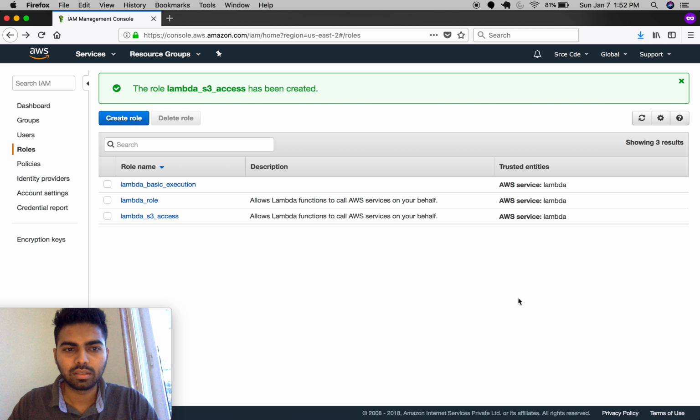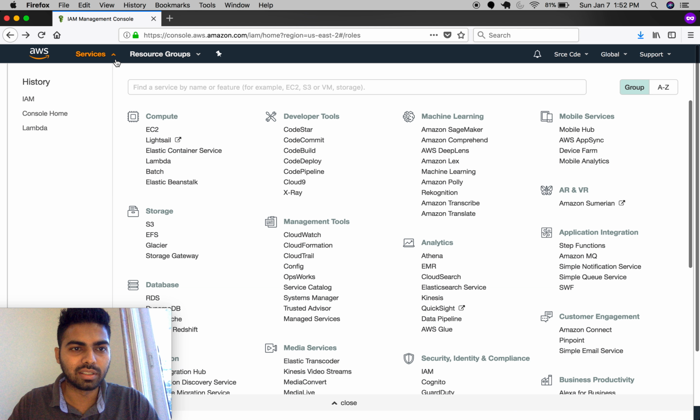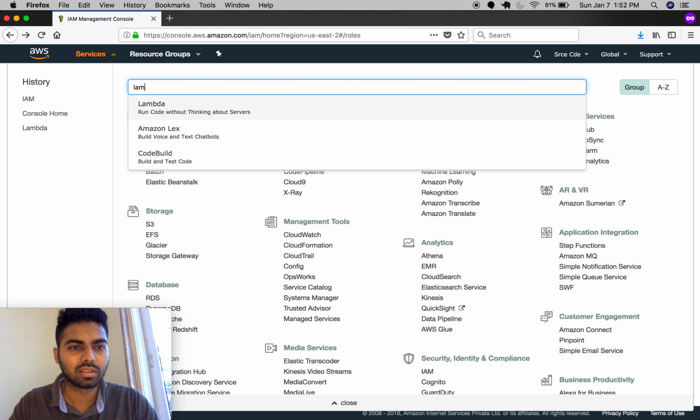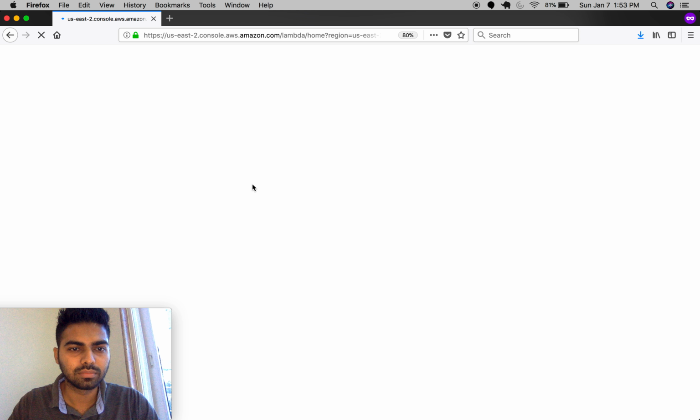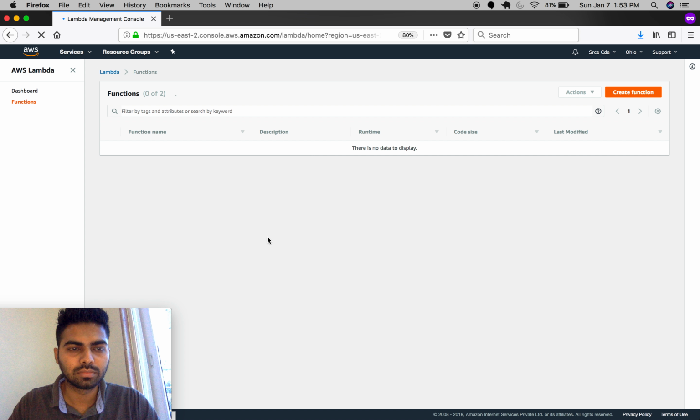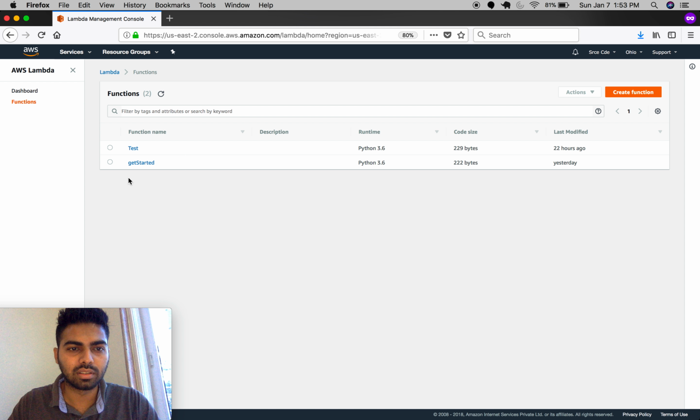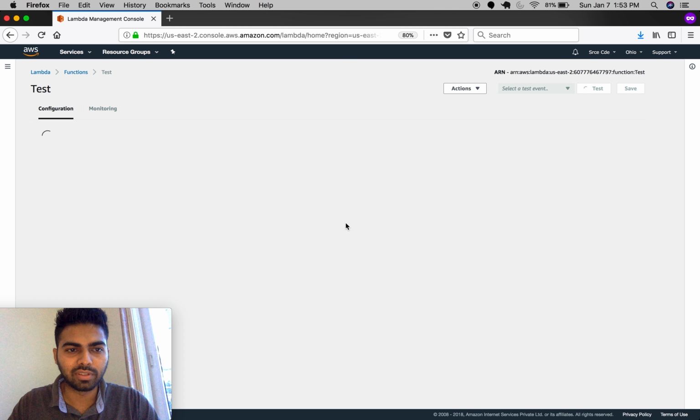Here you can see you have successfully created the lambda_s3_access role. Now let's check whether it is showing in the Lambda console or not. You can create a new function, or you can select an existing function to check that out, and navigate to execution role and check the list. Here you can see that you have access to the lambda_s3_access execution role